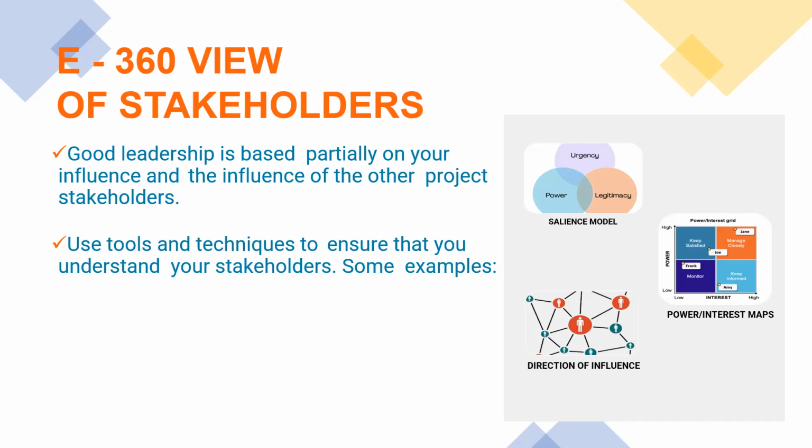Which stakeholder is urgent? Which stakeholder is powerful? And which stakeholder is legitimate? Now you're going to find out something. Some of your stakeholders are not going to be only urgent or powerful or legitimate. They're going to be all. So it means they will stay at the very center, if you can see my screen where my cursor is pointed to. And those are the stakeholders you need to manage very closely because they have all in one, those ones sitting at this point.